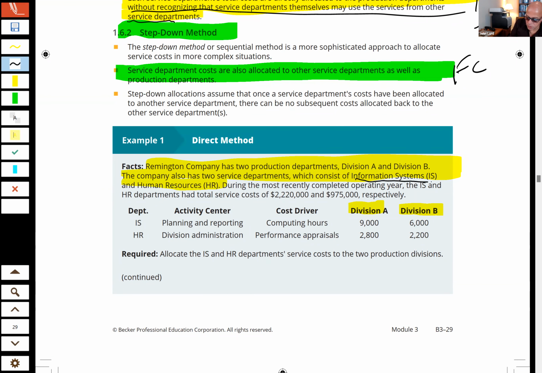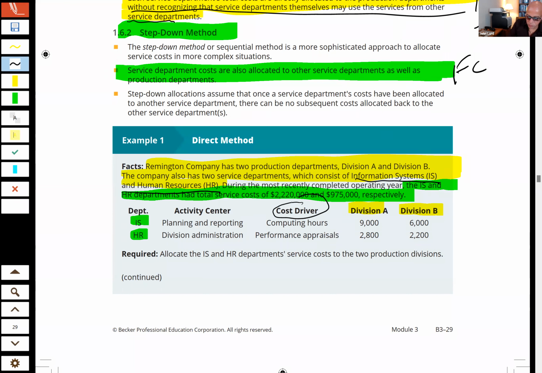Okay, so information system, human resources, and then the most recently operating year, the information system used 2,220,000 and the HR used 975. Okay, now when we take a look at these two service departments, IS and HR, we come up with, again,